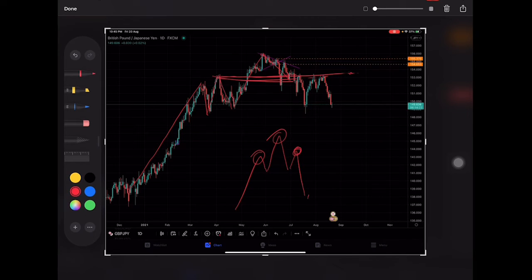In order for this setup to perform a second shoulder, it needs to reject this level of support. As you guys can see here, this is a level of support that it rejects. So it is at the same level, so we call it a neckline. So when it rejects at a support that is the same level,